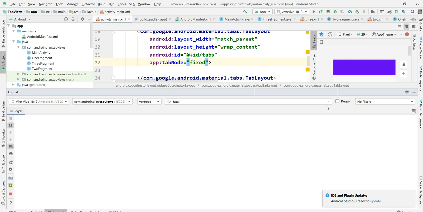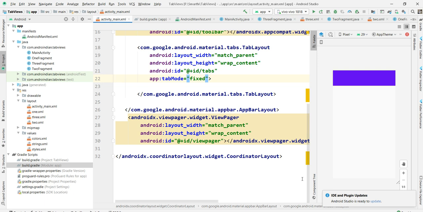Okay, no worry about this one, because all of these tab views should be the same, so it will work for this always, same code. Here it's not showing any error now. I'll check this error and I'll update that on GitHub, but the remaining process should be the same. You can go through that.